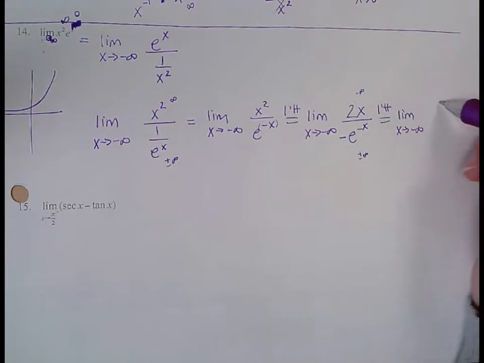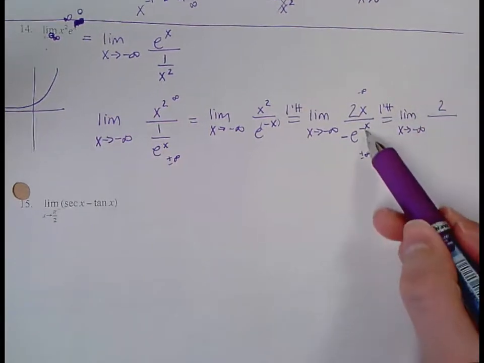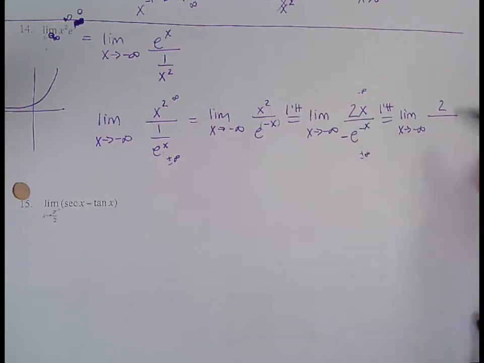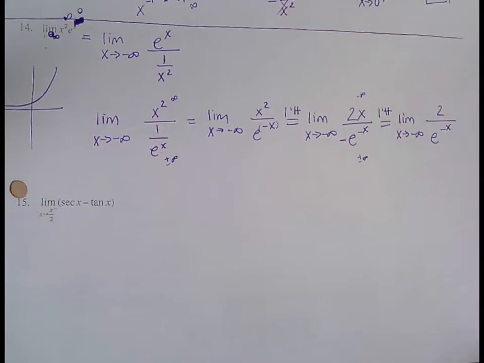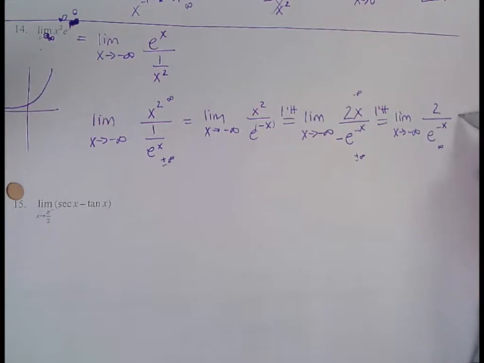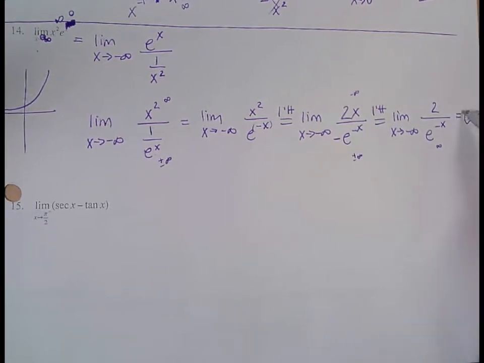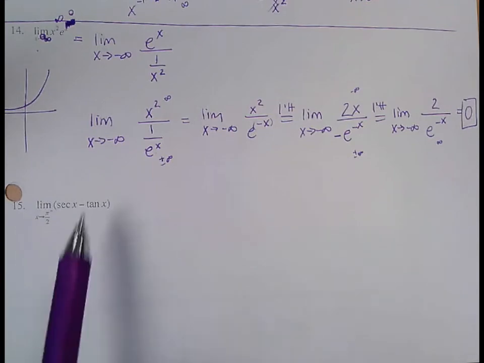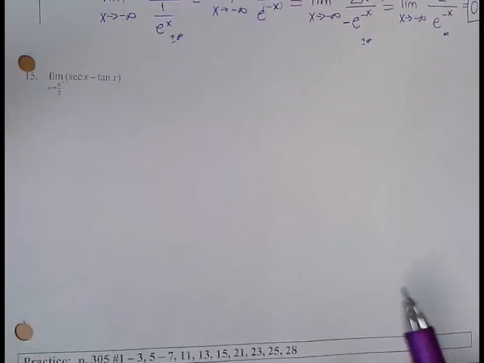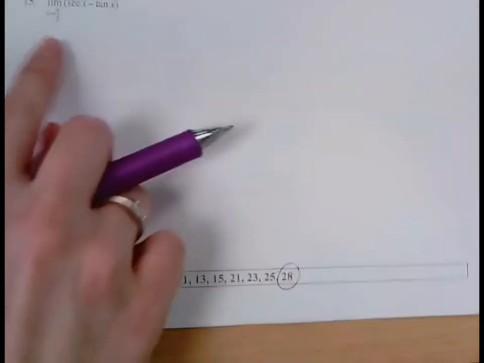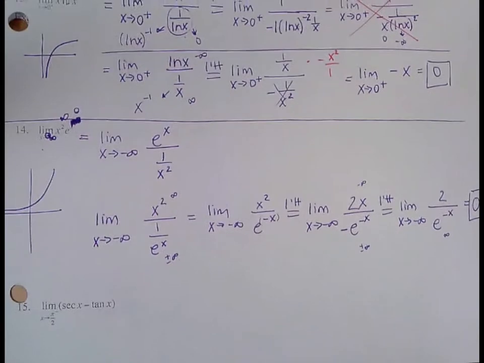The derivative of 2x is 2. The derivative of e to the negative x, again times negative 1, turns back to positive e to the negative x. And now you have 2 over an infinity, which is 2 over something very, very large, which is 0. If you have to show that it's 0, this is showing why it's 0. So we'll do 15 tomorrow. I think it's just number 28 if you're looking at the practice that you wouldn't answer because of 15. Otherwise,